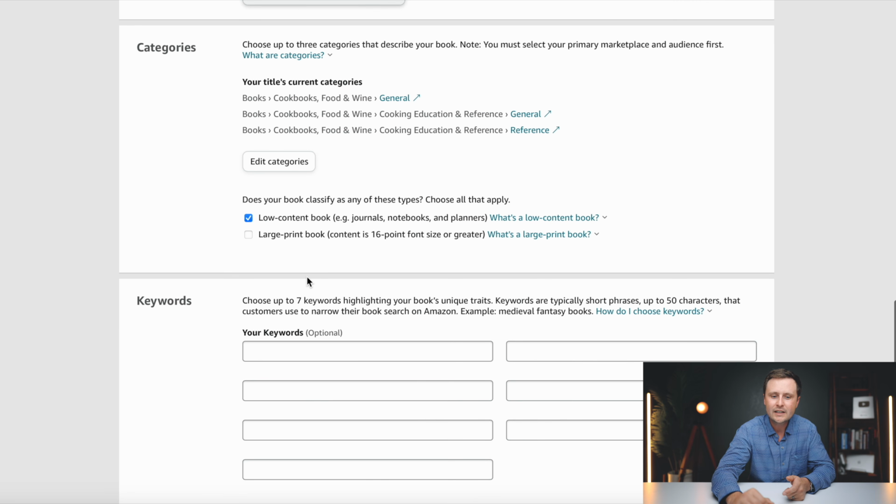Okay, and then the next question, is it a large print book? This is actually going to depend on the size. So if you do 7 by 10, it is not going to be a large print book. No harm, no foul here. It's just not going to be categorized in the large print books. Essentially, for those of you who aren't familiar, large print books means that the font is at least 16 points